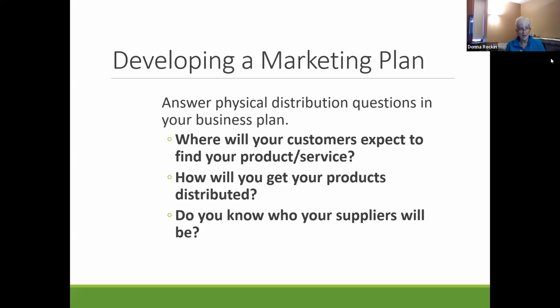So when you use distributors, now distributors, most food products use a two-step distribution plan where you sell to a wholesaler, and the wholesaler sells to the retailer, and the retailer sells to the end user consumer.